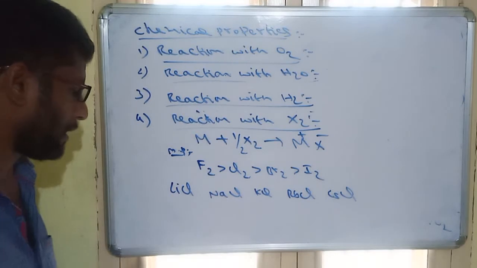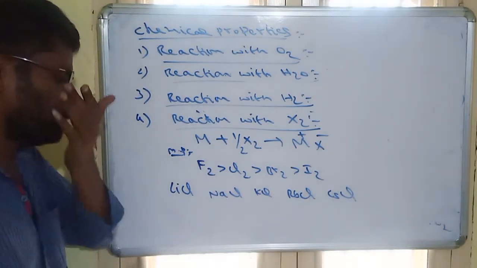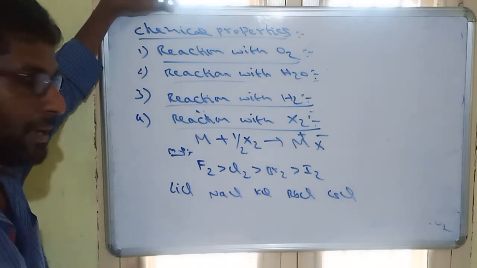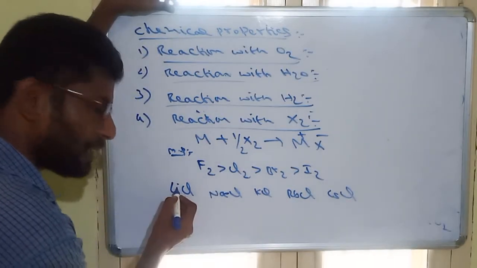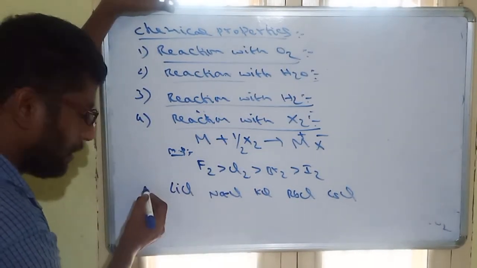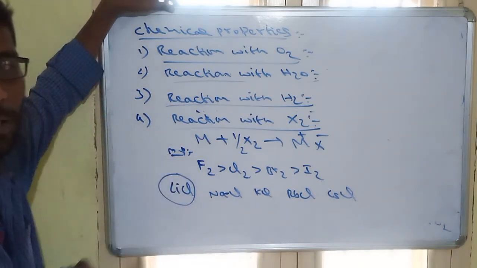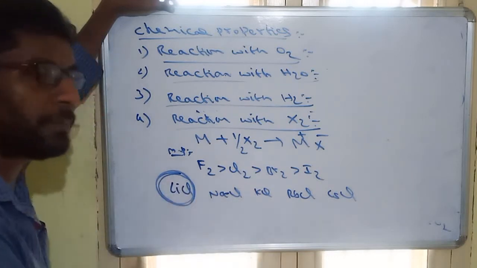Now how do we identify the melting point? Melting point actually depends on stability. Lithium is a small size, so it should be highly stable. But actually lithium compounds exhibit some covalent character. Because of this covalent character, its melting point will be low.